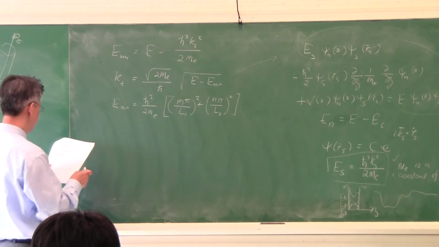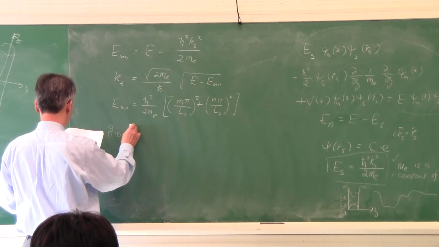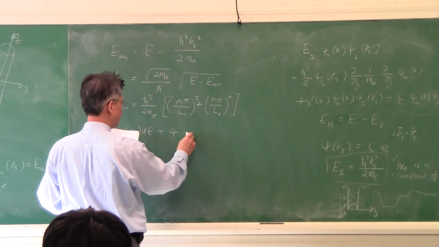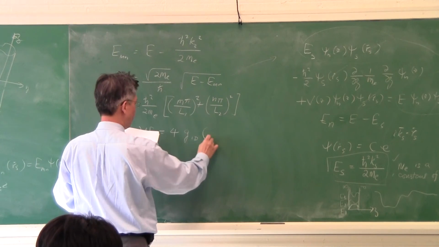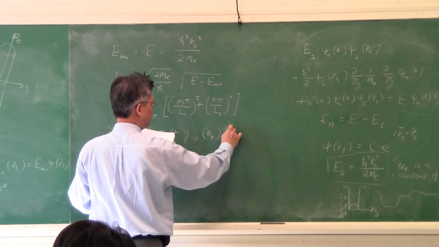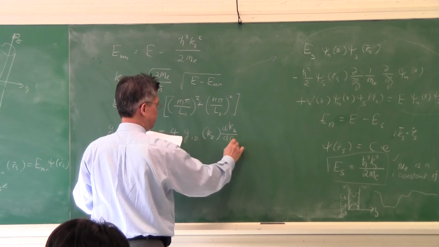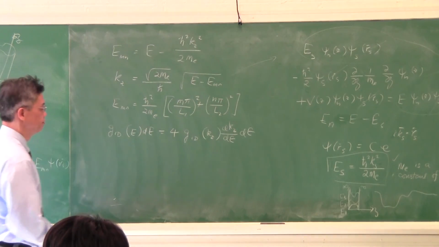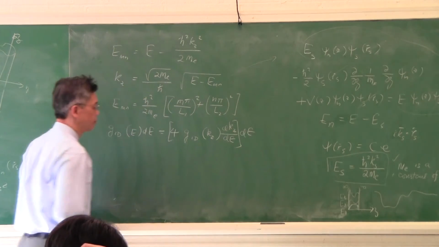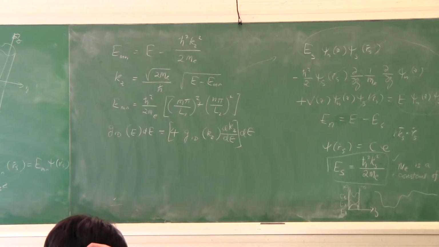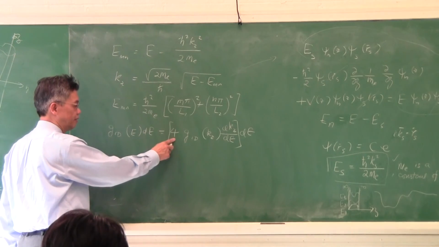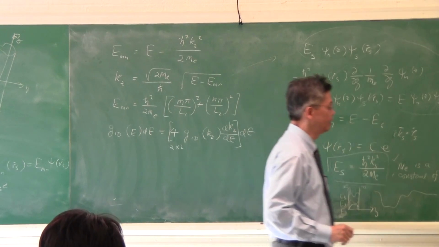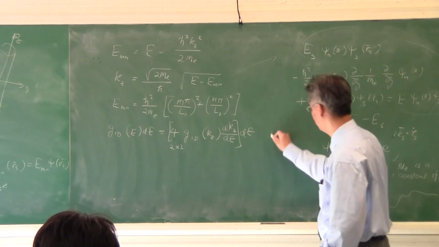And then you can actually find your 1D density of states in the E space by doing this mapping, dkz over dE, dE. Okay, then you can figure out that this has to be the density of states in 1D. Okay, then why the factor of 4? The factor of 4 comes about because it's a factor of 2 coming from the electron spin, and a factor of 2 coming from the fact that in 1D, if you plot the